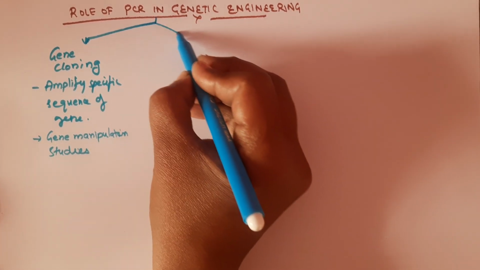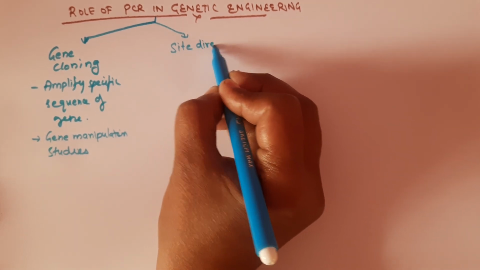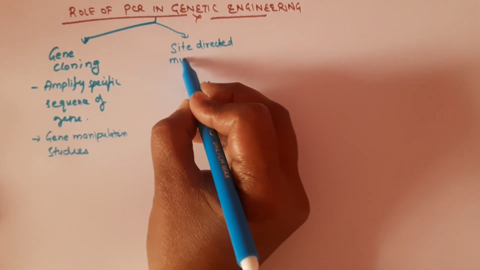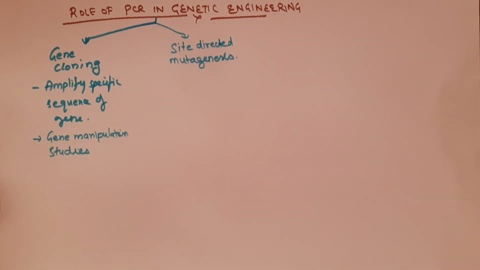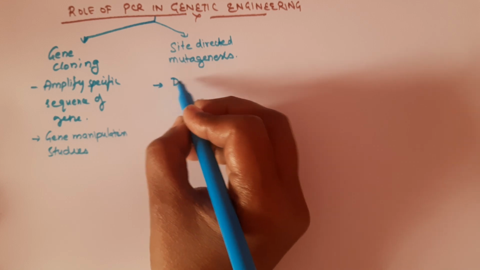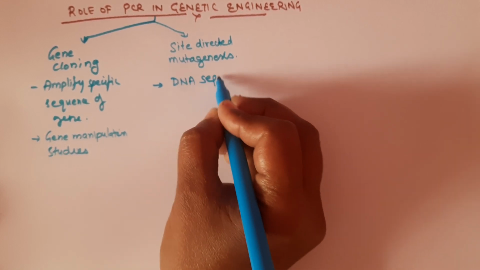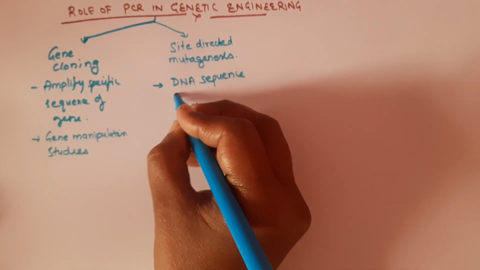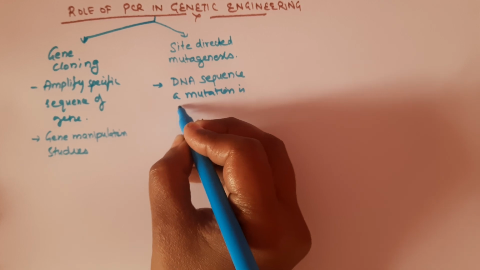The next application is site-directed mutagenesis. In site-directed mutagenesis, PCR is used to introduce a specific mutation into a DNA sequence. So in the DNA sequence, a mutation is introduced